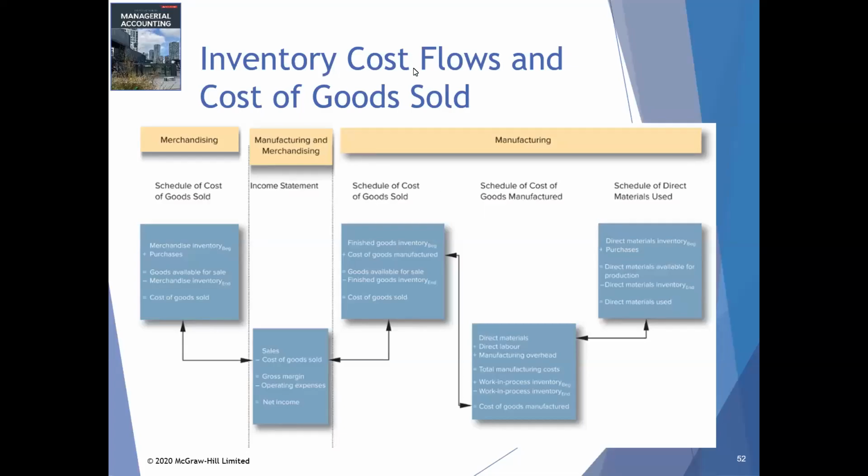Okay, so inventory cost flows and cost of goods sold, right? So in this case, we see that there is merchandising and manufacturing, and then manufacturing only, right? So let's have a look at manufacturing first. If on this side we have a manufacturing unit, then we are going to create the schedule of cost